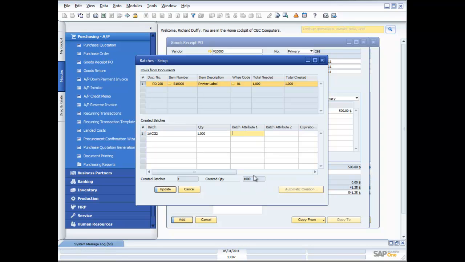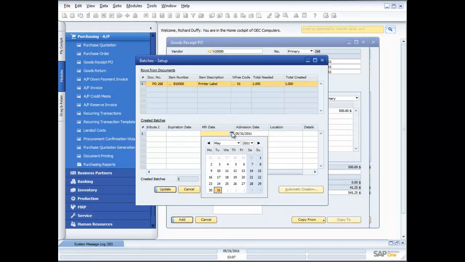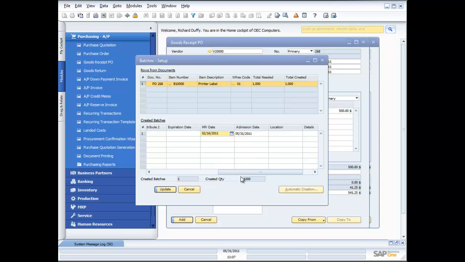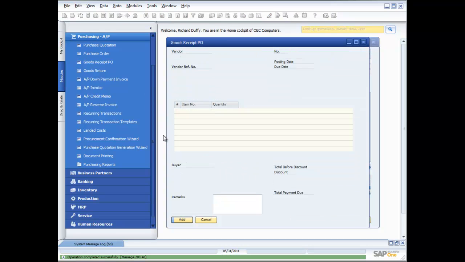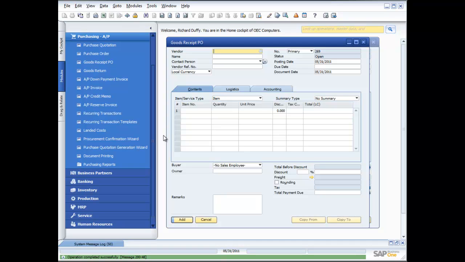So I've got 2 user definable batch attributes, plus I have these other batch attributes: an expiration date, a manufacturing date, a location and details. So let's say the manufacturing date on these was February 16th. And then I'll say update, I'll say okay, and okay again, and now add, and that's it. My goods are now in the warehouse. I've recorded all the batch number information. What I haven't done is I have not yet